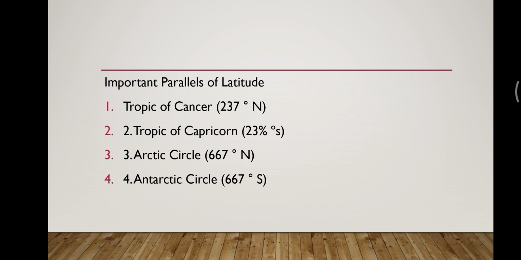Numbering the parallels of latitude: lines of latitude are labeled in degrees. The equator is also 0 degrees. So you should learn this numbering of the parallels, the features of the parallels of latitude, the meridians, and the features of the meridians of longitude. All of these you should learn,